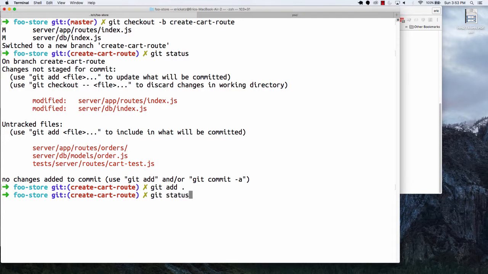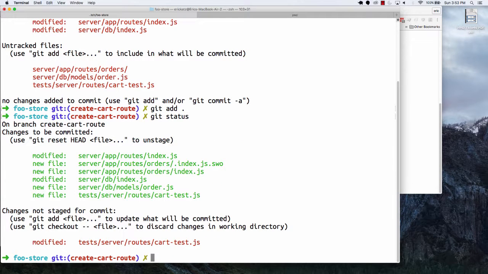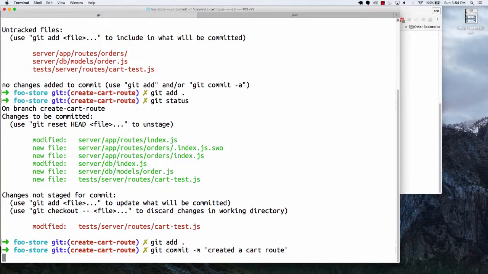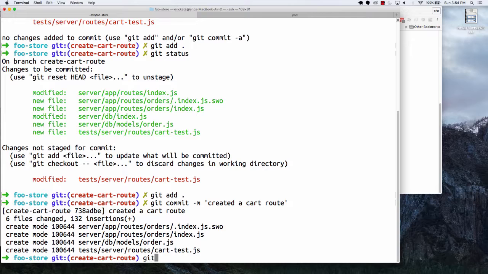So if I made that change and I do git status, it'll say, well, I have these things here ready to get committed, but you just made a change. So I could do git add again. And now I can say git commit, created a cart route. And at this point, I could say git push to origin create cart route,